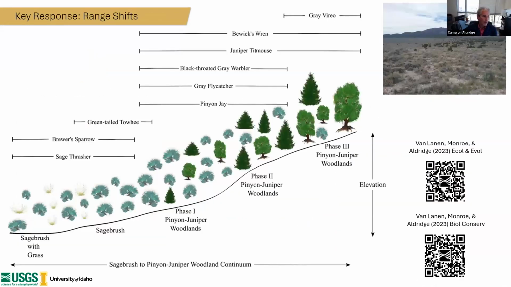So we know that range shifts are likely to happen. If you were on the first webinar, you saw lots of signs talking about how sagebrush ecosystems are going to change or shift, move more northern in latitude or upslope and higher elevations because the climate envelopes are going to vary. So this is some work from my PhD student, Nick Van Lannen, where we actually modeled the abundance and distribution of various songbird species that range from the sagebrush ecosystem through the pinyon juniper sagebrush ecotone boundary up into the deeper, thicker phase 3 pinyon juniper woodlands.